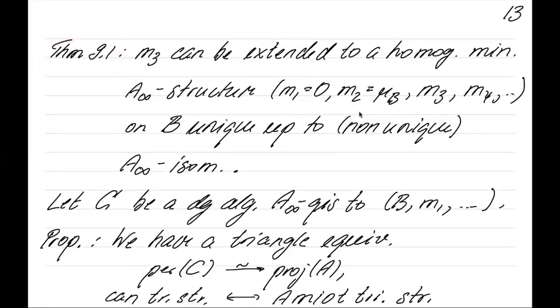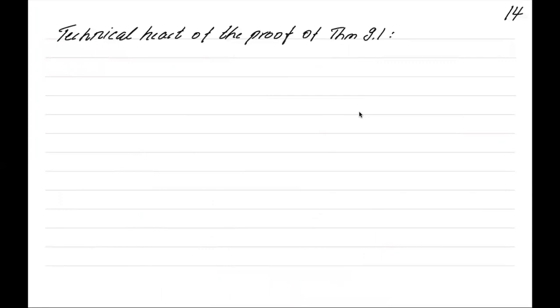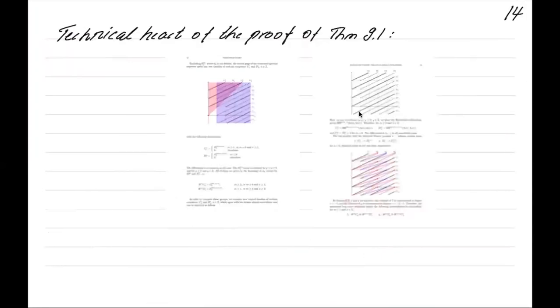Okay, and how do you prove theorem 9.1? Well, you prove it using spectral sequences. The technical heart is a spectral sequence argument. It looks like this. You have to chase elements through these spectral sequences. Okay, I have to admit I did not check the details. How should I say? I have nothing against spectral sequences, but when I have a choice, I do prefer conceptual